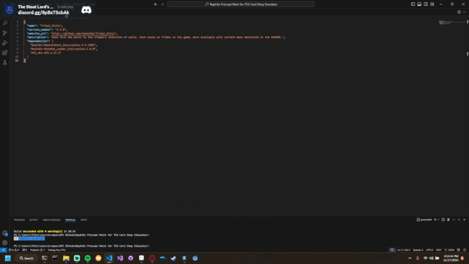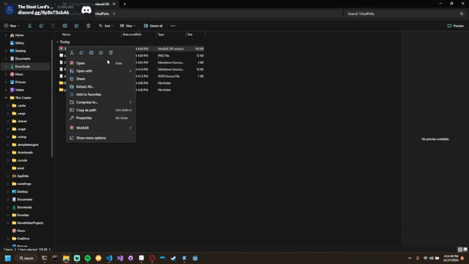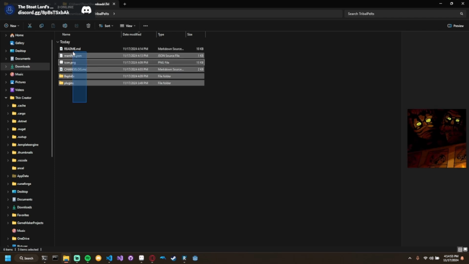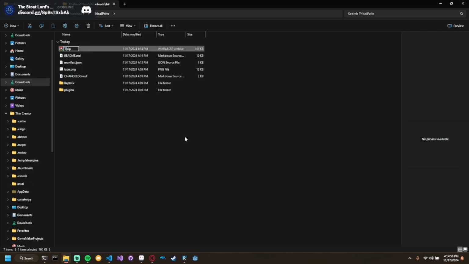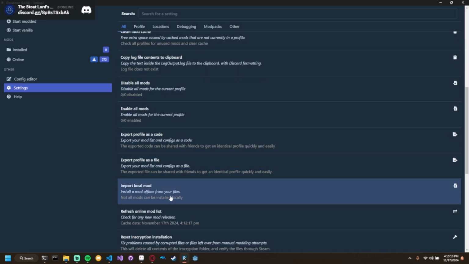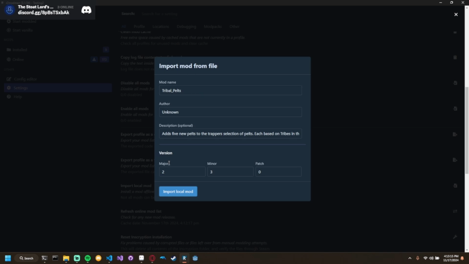See that? And then we will want to rezip. So we delete that. And then right click, compress to zip file. Tribal pellets. And then I'll append 2.3.0 to this version, because if you hit cancel, it will request you put in a different file name. Now that is proper. Then if we hit import,